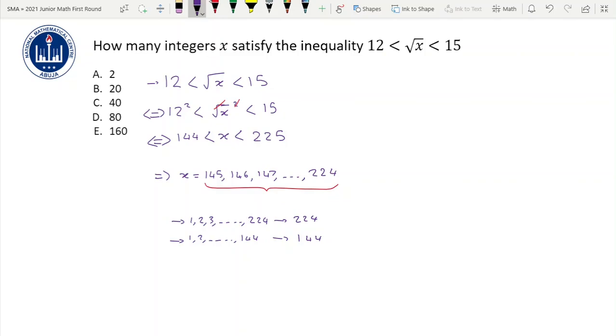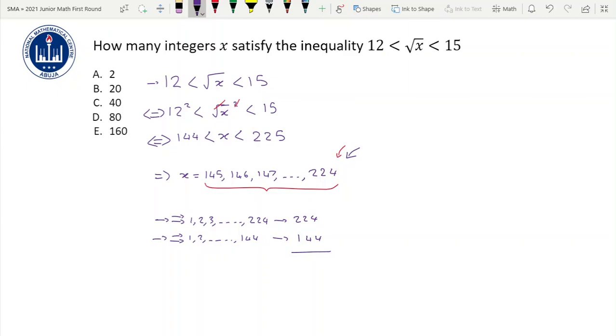The numbers that are here, that are not here, are the numbers that we're looking to count. So any number that is in this first list that is not in the second one is included in this list of x that we have here in red ink that satisfies the inequality we're looking for. And since there are 224 numbers from 1 to 224 and 144 from 1 to 144, and we know that those that are in the first but not the second are the numbers we're looking for,